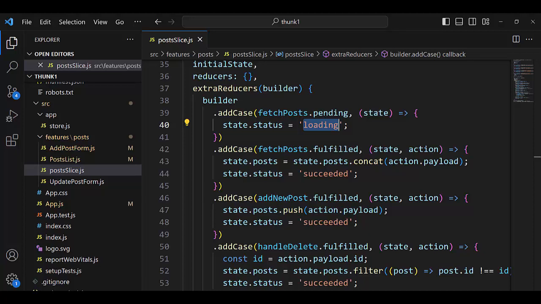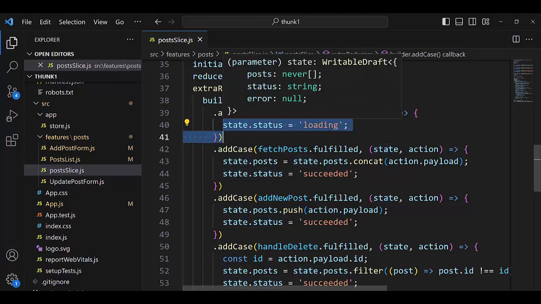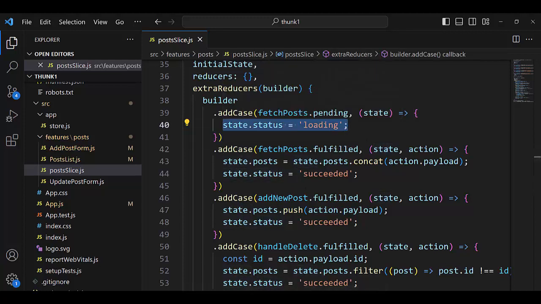Very simple, equal loading, but it would be an immutable way of mutation, because we can write it like that, but behind this there is the Immer library, which will create a copy of state, and in that copy status will equal loading,